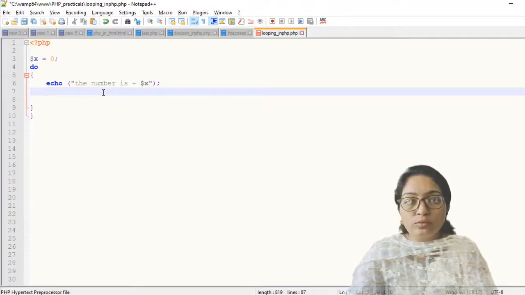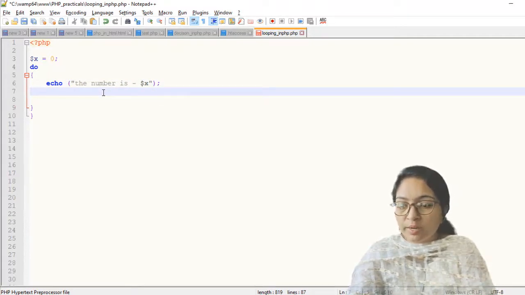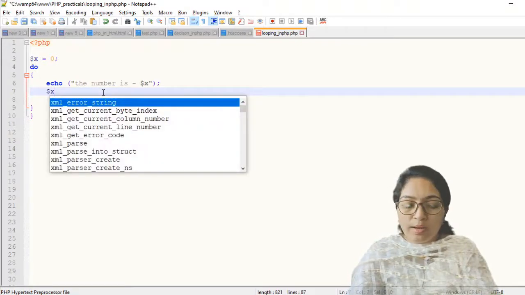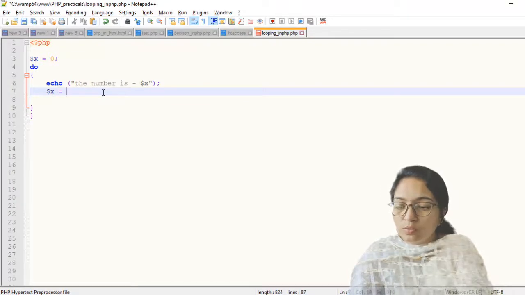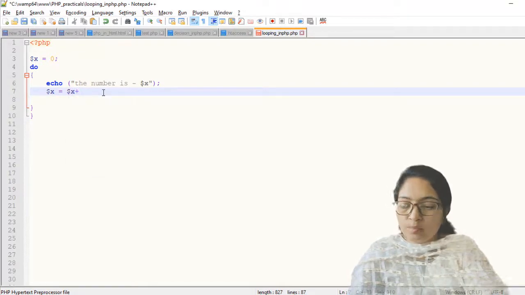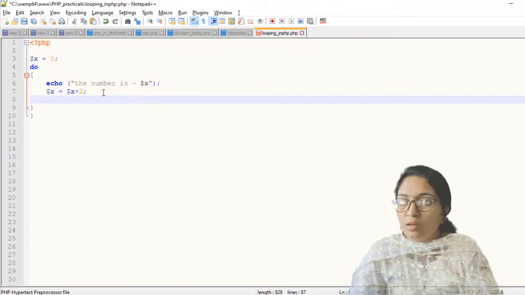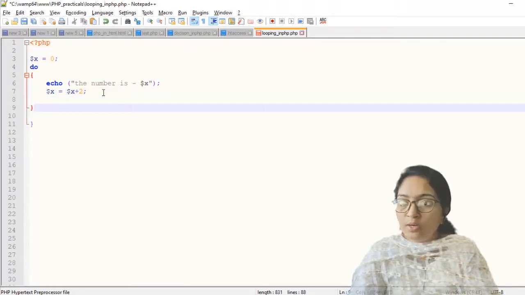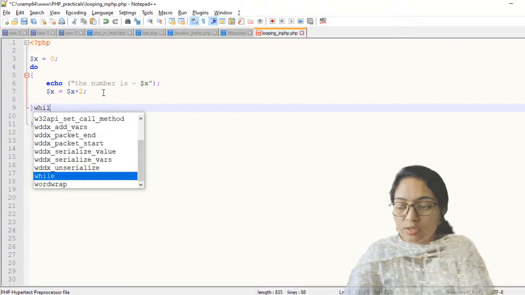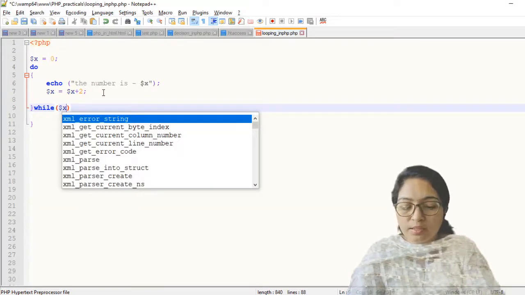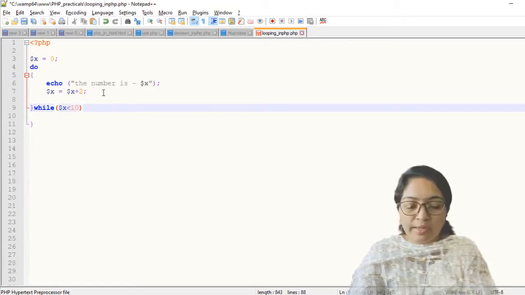Then you have to give the jump statement, that means $x is equal to $x plus 2. Okay, now here you have to provide the condition: while $x is less than, suppose I am writing 10.